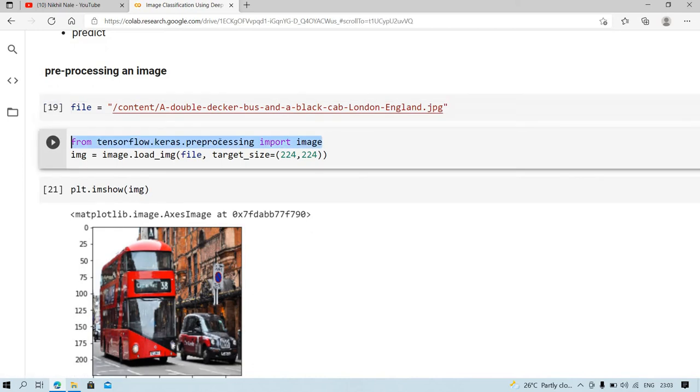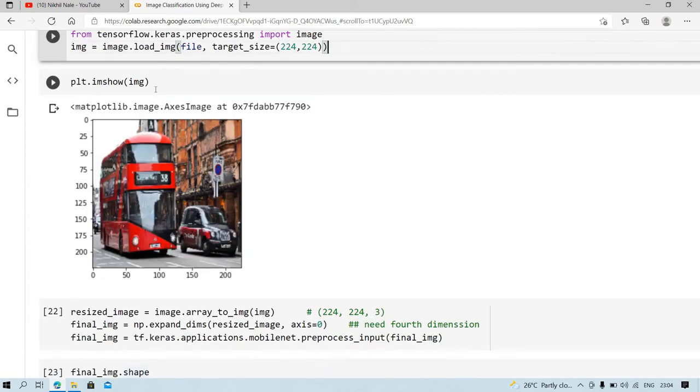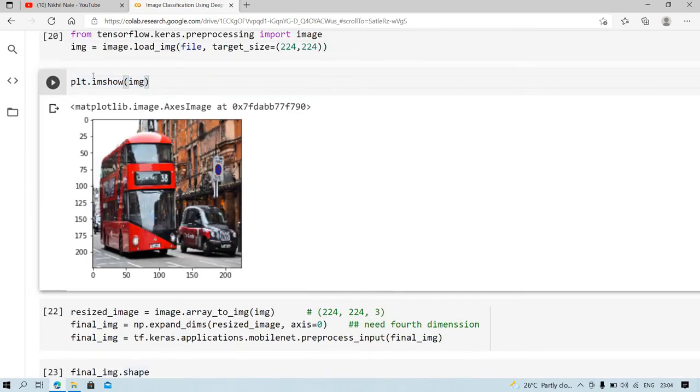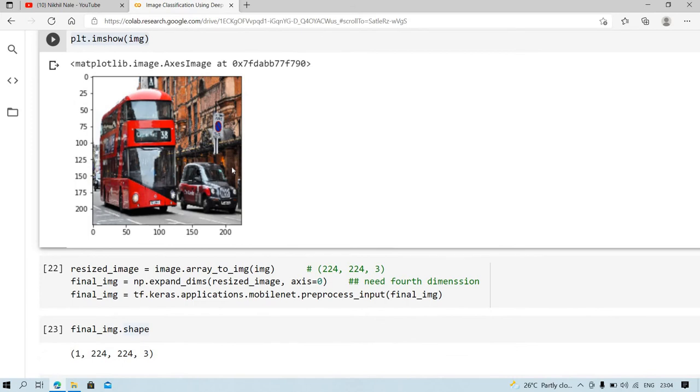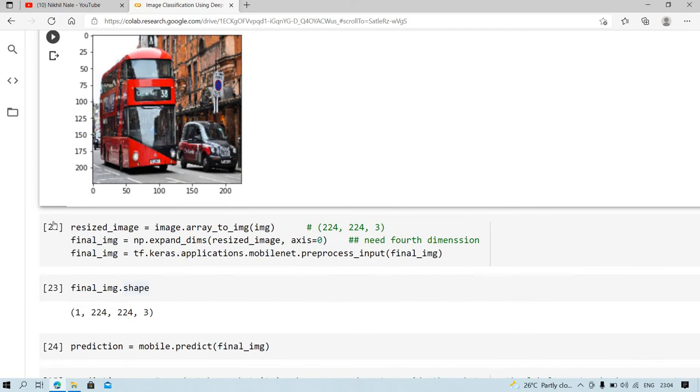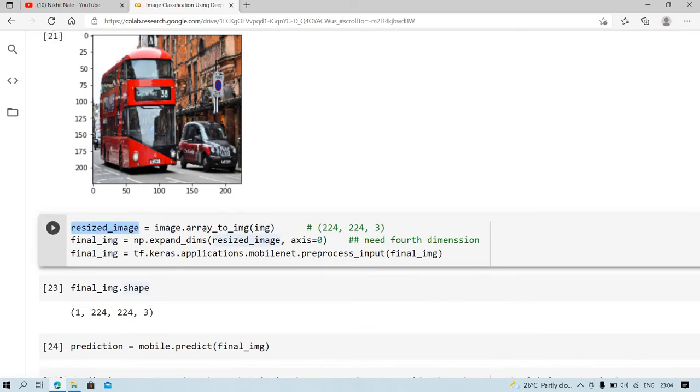From tensorflow.keras.preprocessing I will import image, and from image I will call the method load_img and pass the argument file and target size equal to 224, and I will show the image here. Then I need to resize this image.